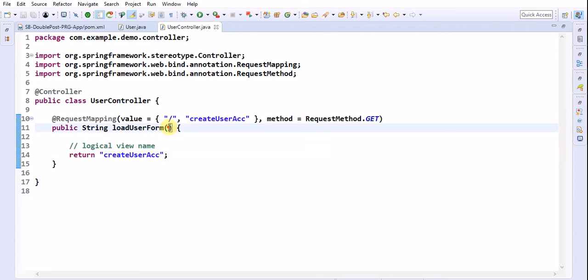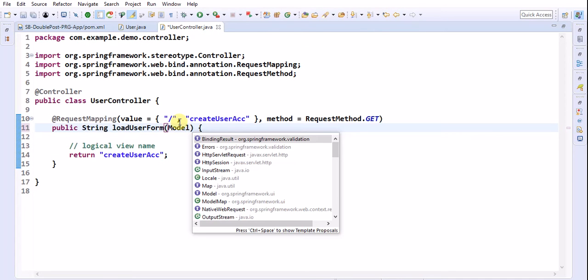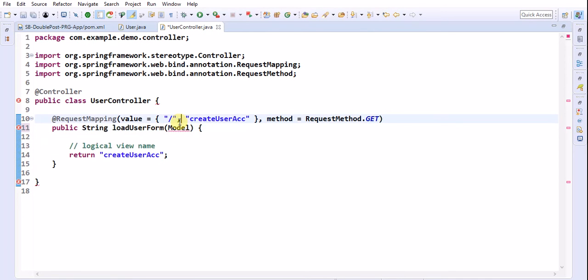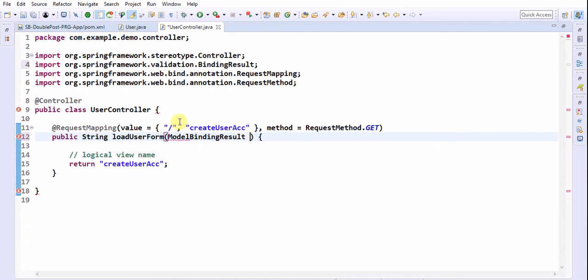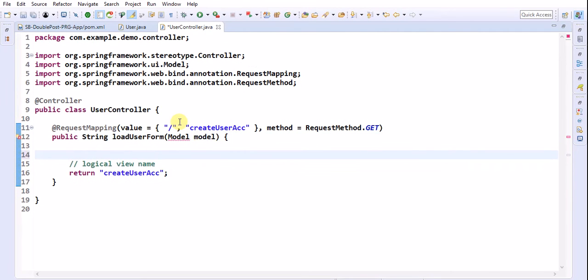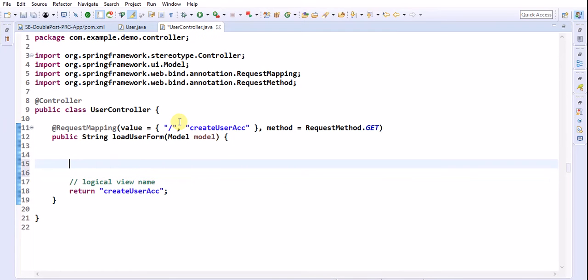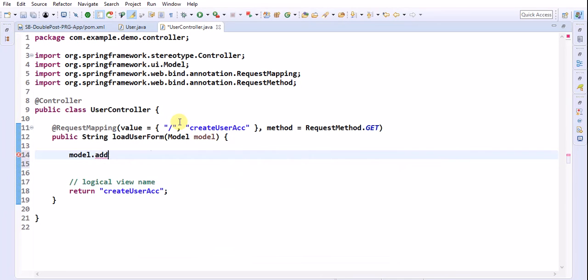So let me take a model scope to send the data from controller to presentation. How to add the data to a model scope? Using the addAttribute method, model.addAttribute key comma value. Here I am taking the key as user model, and the value is a user model object, new User.